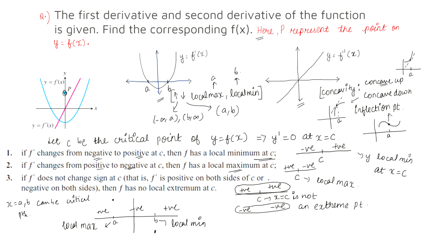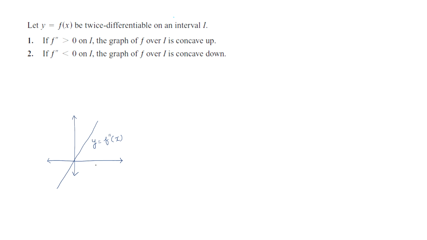We have obtained all this information from the graph of f dash. Now let us see what the graph of f double dash will give us. So this is the graph of y equals f double dash of x. Now f double dash of x will be helping us to find the concavity. Okay, so the information about concavity is obtained from the graph of f double dash of x. First of all, what we have to do is find the point at which f double dash of x is equal to 0. From this graph, it can be observed that f double dash of x is 0 at the origin, at x equals 0.